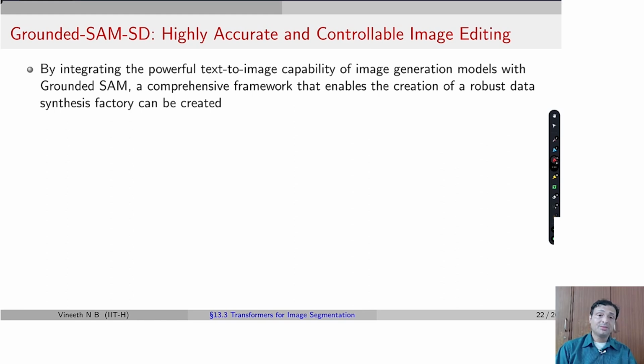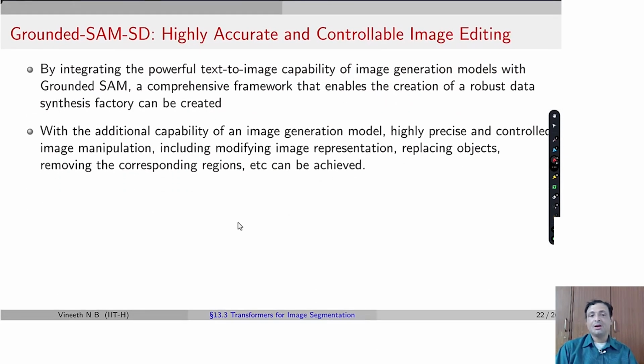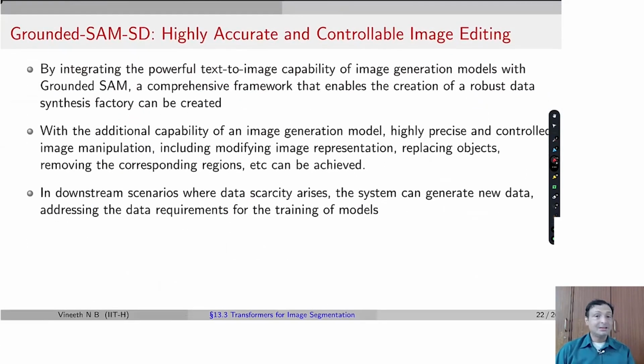They also show that when you now combine this with generative models, with image generation models, you can now create a framework for a robust data synthesis factory. Having the capability of an image generation model, you can now control image manipulation, including image generation, and represent specific objects or remove certain regions in an image, so on and so forth. And this has potential for generating synthetic images of different kinds, which could then be used for training